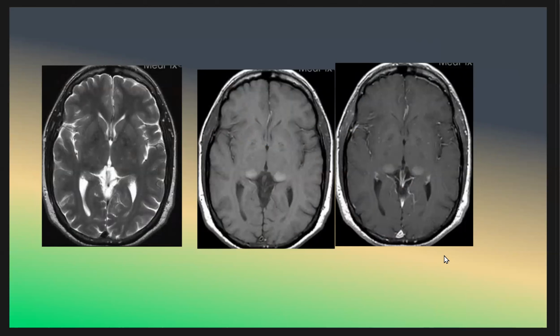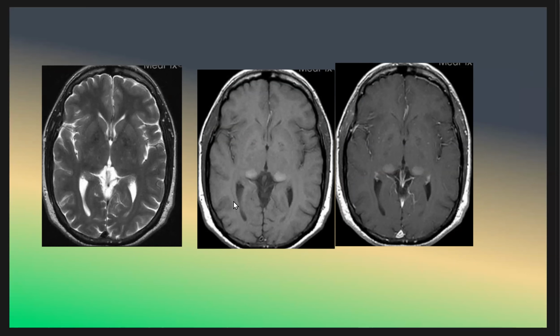Okay, we move to the next case. The patient has history of seizures. And what do you think the patient has? We have high signal intensity seen in T1 and in T2 in the pulvinar of the thalamus, seen in the T1 and FLAIR images, and